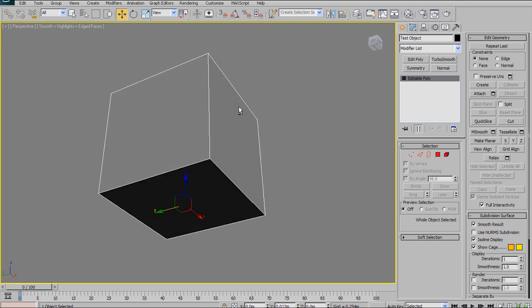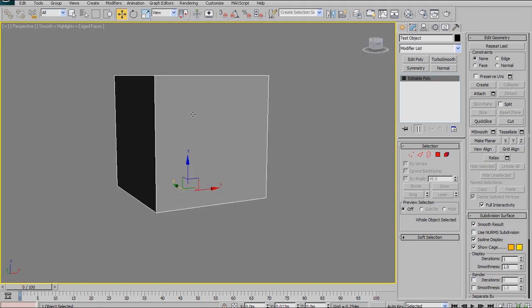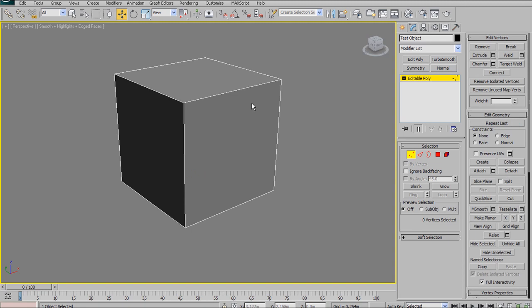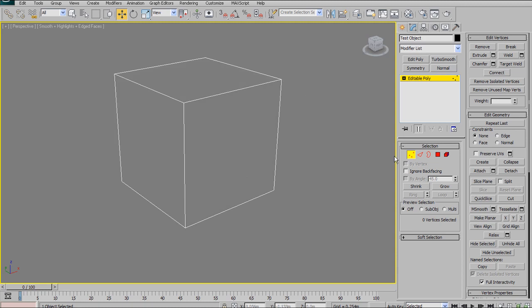So the first thing that we're going to want to look at is selection. So selection is basically how to select the various different sub-elements of your object. Polygonal objects are made up of essentially 3 types of selections, or 4 when you really get down to it. You have your vertices, which are